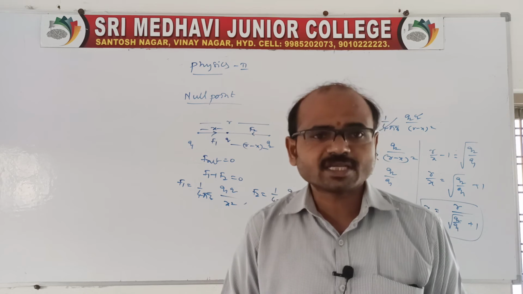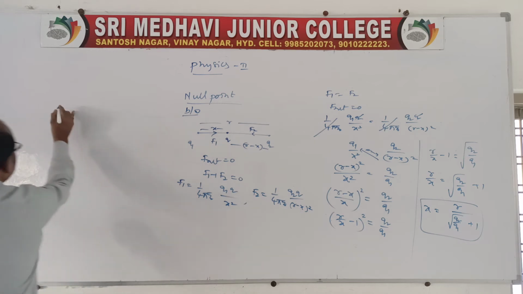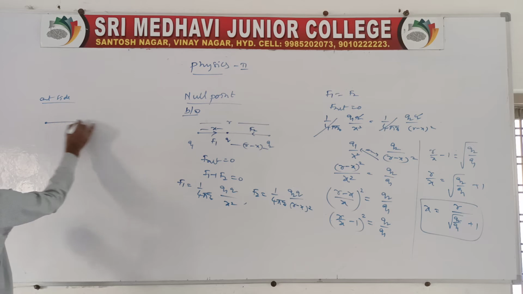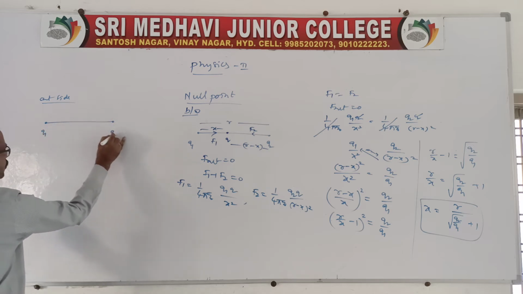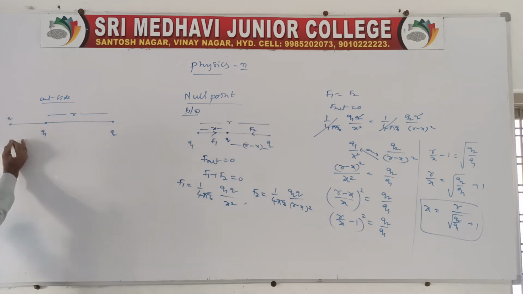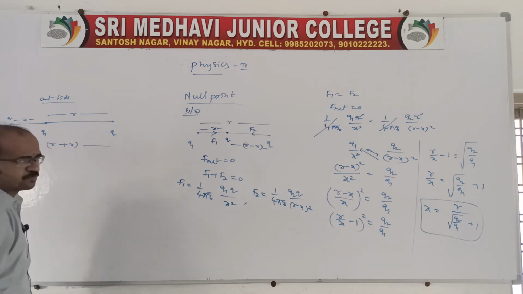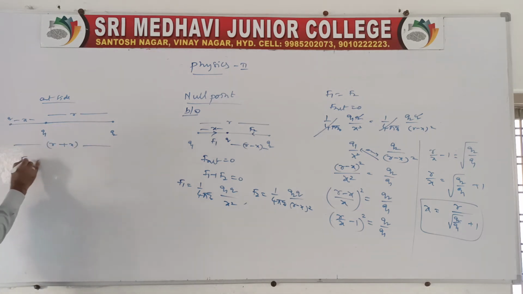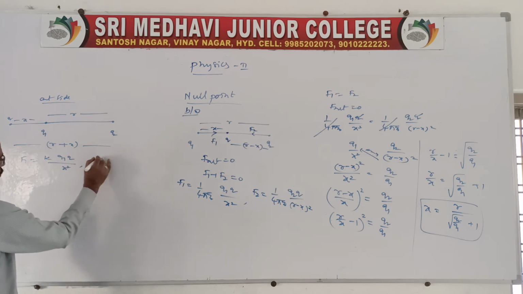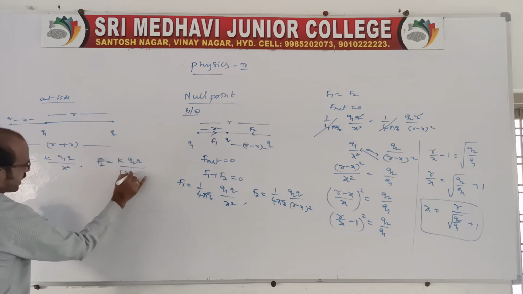Sometimes we may get the point outside the charges also. Suppose I would like to tell you about the outside case. Take again two charges Q1 and Q2 at a distance r, and another charge is placed outside at a distance x, so the distance from the second charge is r plus x. Same issue here, we can use the same method. F1 is equal to k Q1 Q by x square, and F2 due to the second charge is k Q2 Q by the distance r plus x whole square.